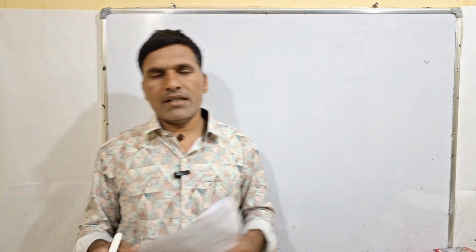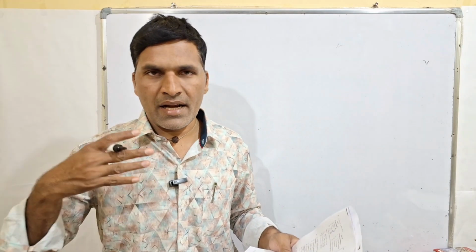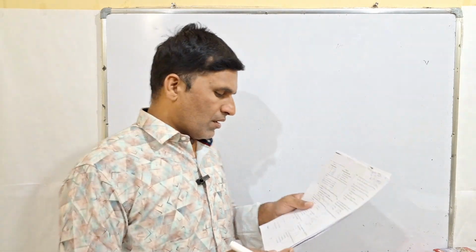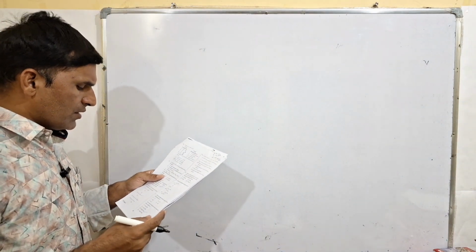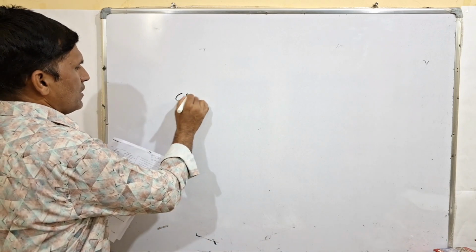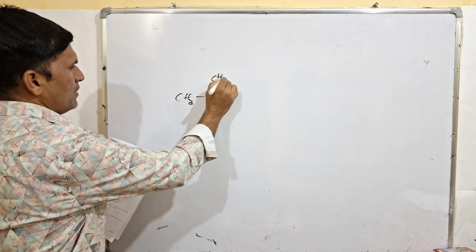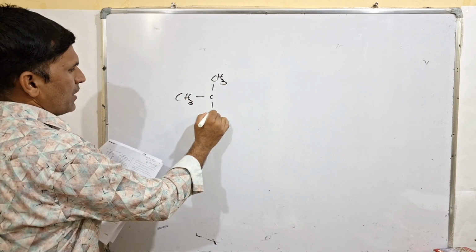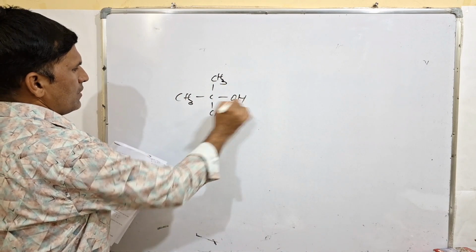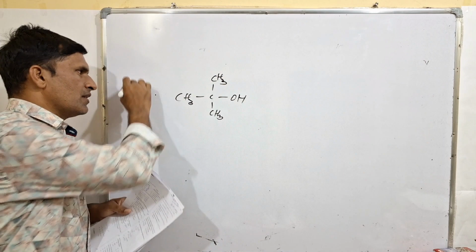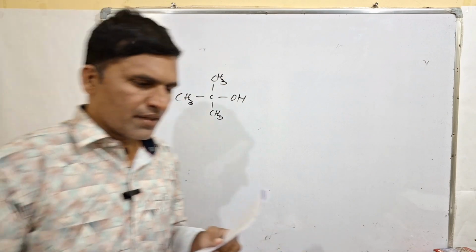Question number 63, which of the following alcohols react instantaneously with Lucas reagent? We know that tertiary alcohols are going to react rapidly with the Lucas reagent to give the precipitate. So therefore, in the given options, the tertiary alcohol, CH3, CH3, tertiary butyl alcohol is given as the second option, and it is the right option you can take, right? Next,